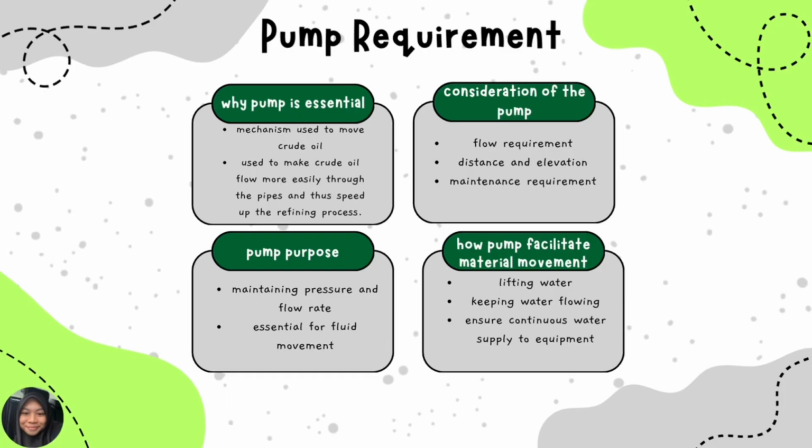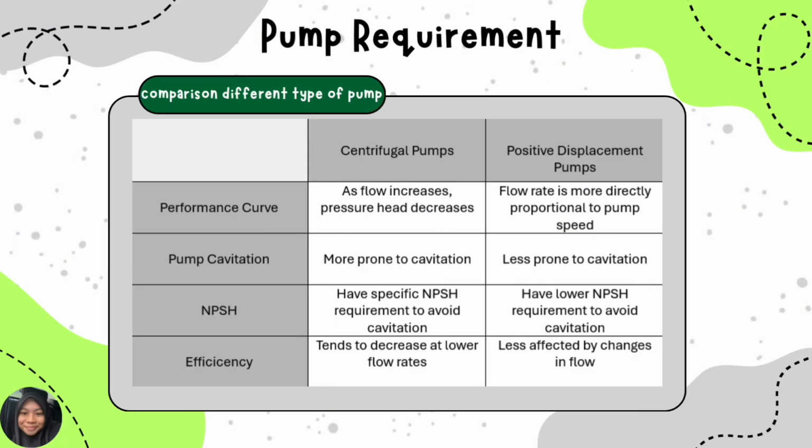The pump's purpose is to maintain the pressure and the flow rate to make the flow process of the plant constantly smooth. The considerations for the pump are the flow requirement, the distance and elevation, and the maintenance required, based on the design. So the pump facilitates water movement by lifting the water to keep it flowing and ensure a continuous water supply to the equipment. So this is the comparison of pumps of different types, shown in the table,